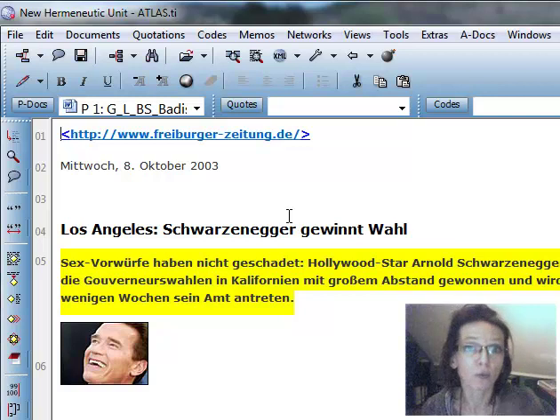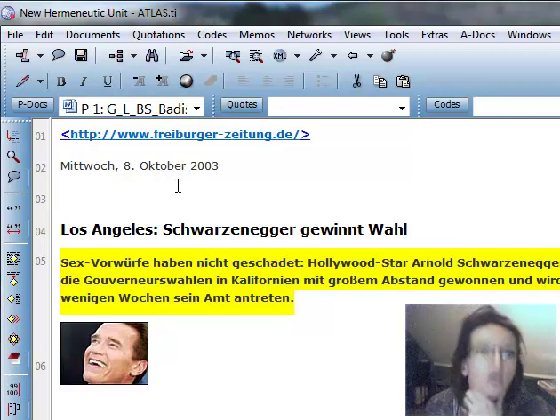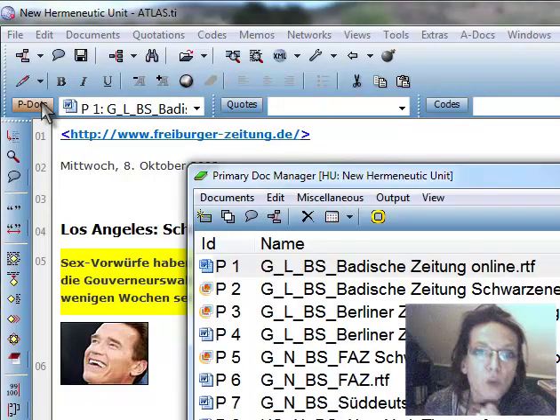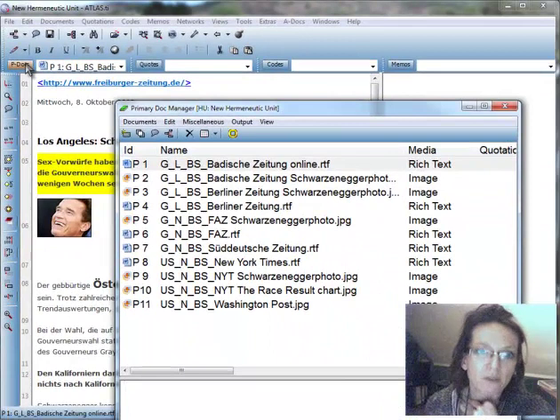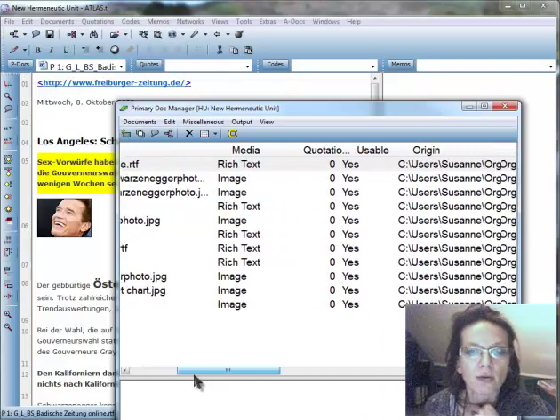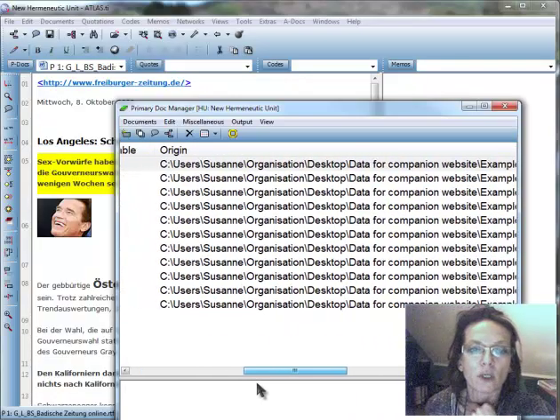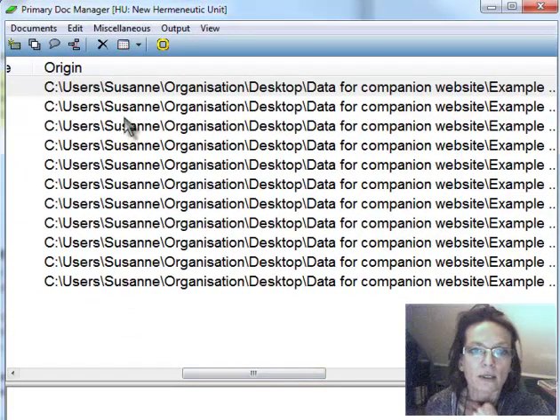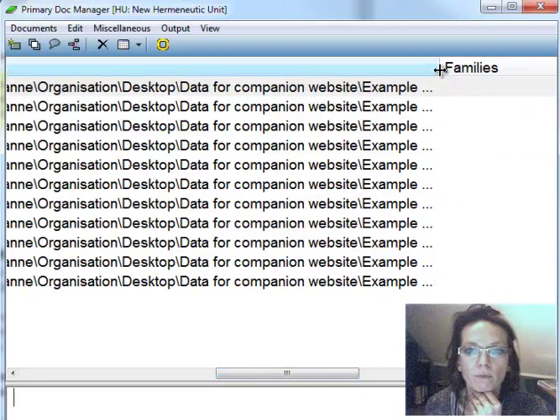If you now look at what has happened behind the scene, Atlas has stored now a reference where these documents are stored on my computer. So what I've opened now is a pdoc manager with a click on the pdocs button. So if I move further to the right now, to the column origin, you see a long path. And these data are stored on my desktop, and my desktop is called Susanne, and in the whole battery here